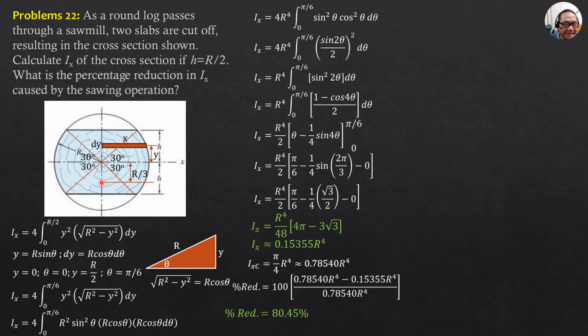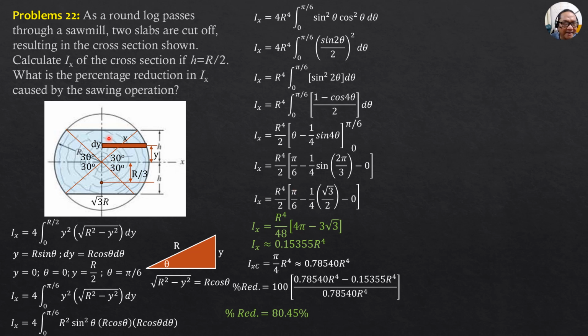Then the distance of the centroid of this triangle, both triangles, from the x-axis is 2/3 of the height. 2/3 of the height is r over 2, so 2/3 of r over 2 is r over 3, as shown here. And again, the length of the base of the triangle is equal to square root of 3 r. So that's one leg. This length is equal to square root of 3 over 2 r, and since there are two equal legs, times 2, so square root of 3 r.